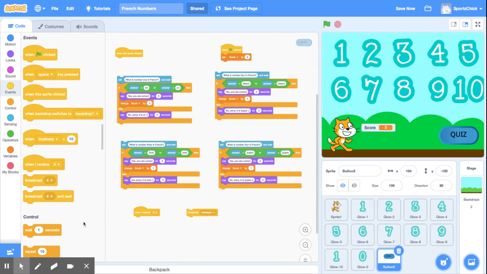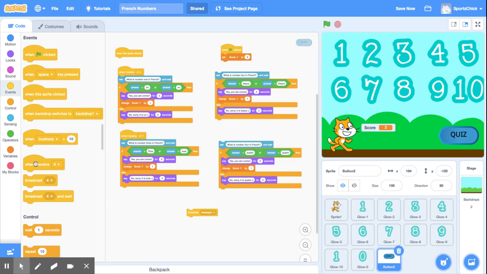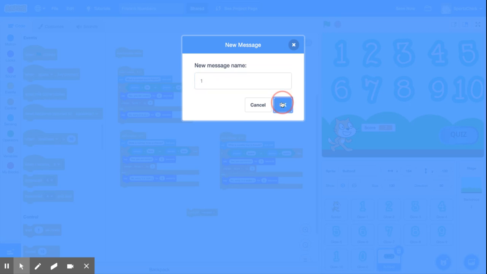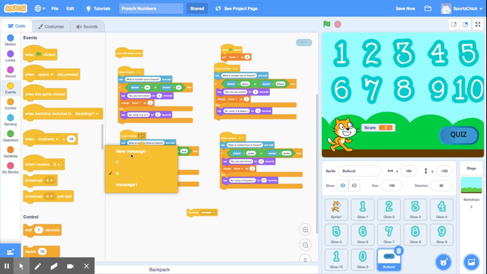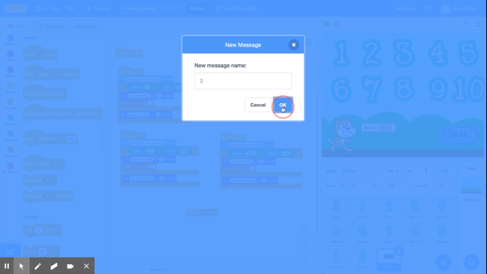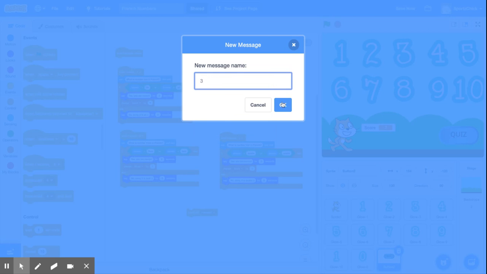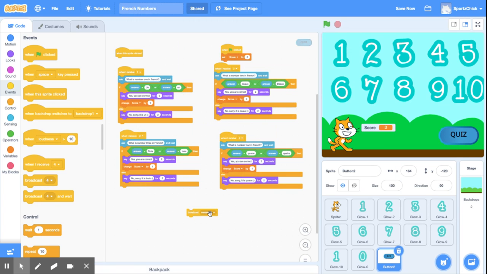All right, so now that you've created all of those, when I receive, so you'll just put them on each one. 1, 2, 3, 4, and you can say that's question 1, that's question 2, that's question 3, and that's question 4. All right, so when I receive 1, 2, 3, or 4. Now,